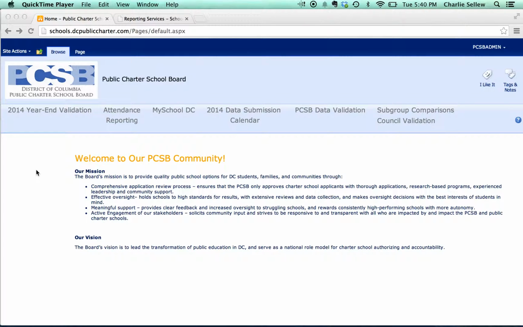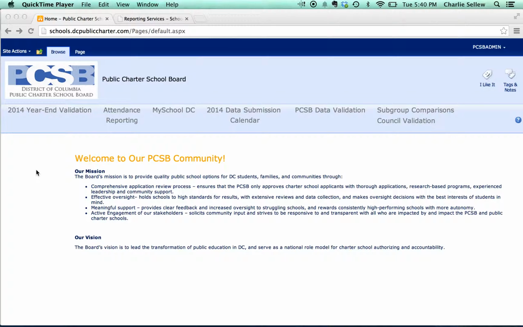This year we're working to reduce the data collection burden on schools, and towards that end, the data you validate with us will be used not just for the 2014 PMF, but for all other relevant reports we create and collaborate on. To validate your data for the school profile and other 2014 year-end validation windows, you first need to